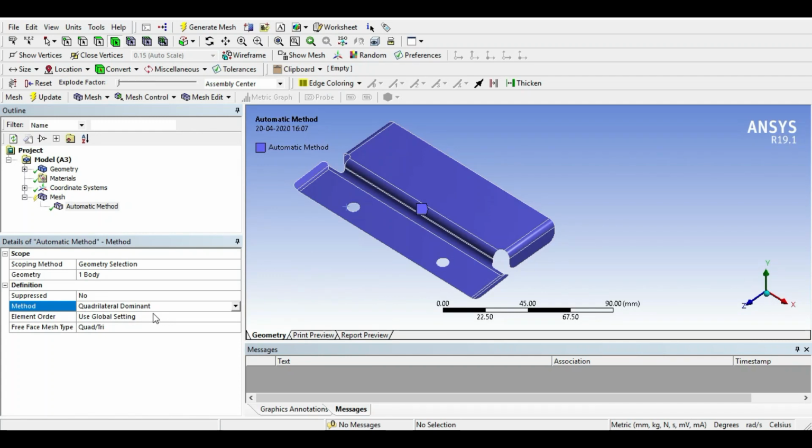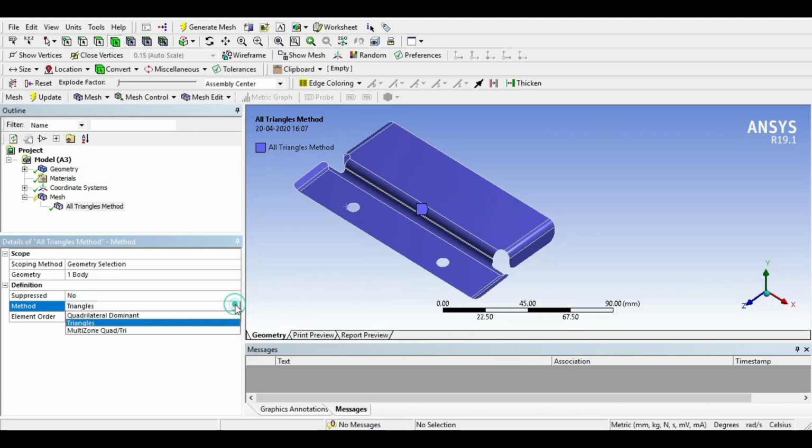For quadrilateral dominant, we have two local mesh controls: element order, linear or quadratic, and second is free face mesh type. Here, all quad or quad/tria. These two options are available with quadrilateral dominant. Next, when you select the triangles method, we have only one local mesh control, that is element order.